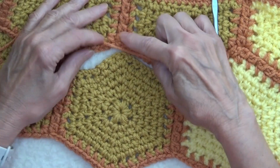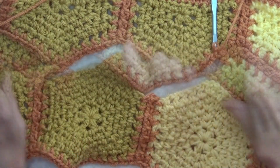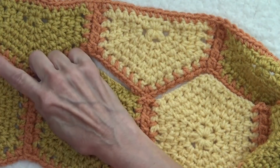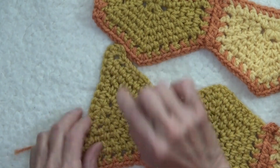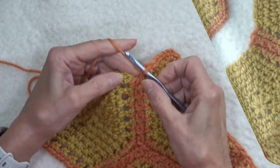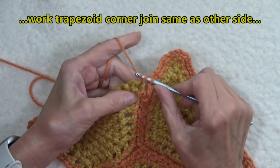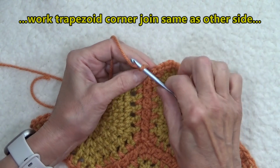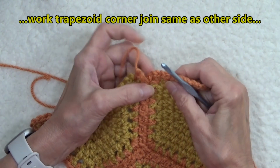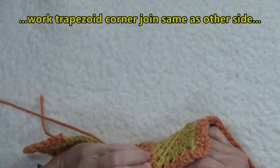And then they're going to alternate. This is one in which the joining edge has the join. And so you're going to keep going all the way to the end. When we get down to here, I'll join you. And then in that little teeny chain 2 space, we're going to do a single crochet, chain 1, because we're joining. So we're only going to do 1 chain, jump into this corner, make sure we have it in the right center,